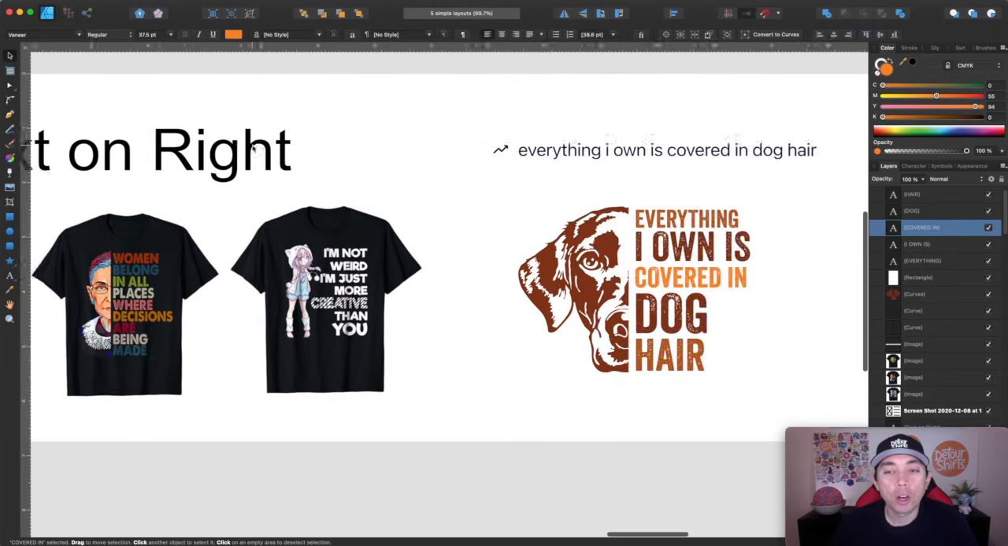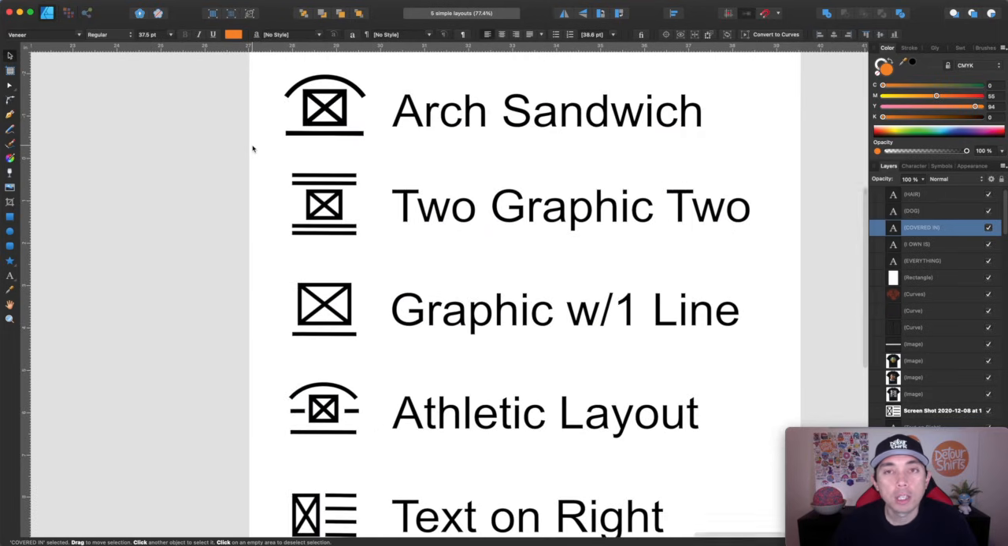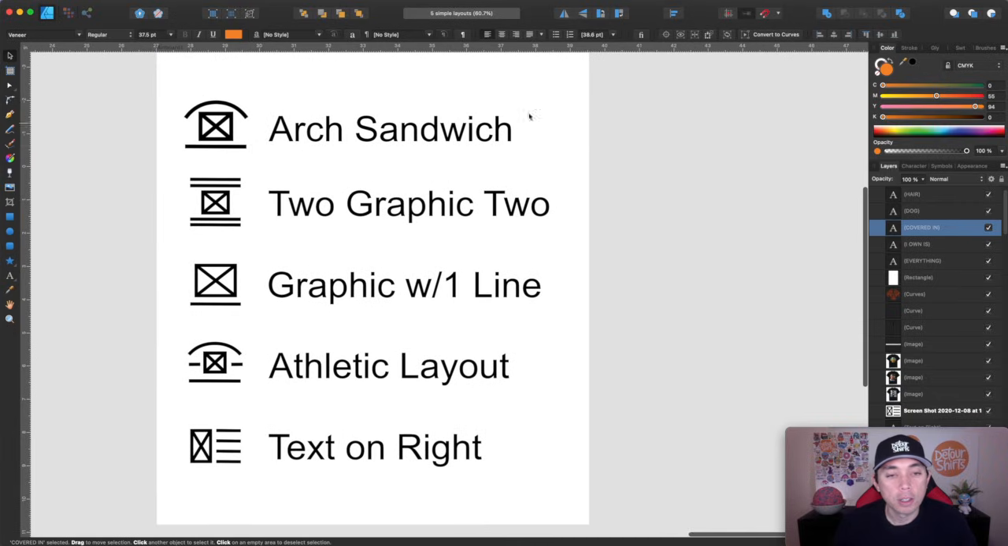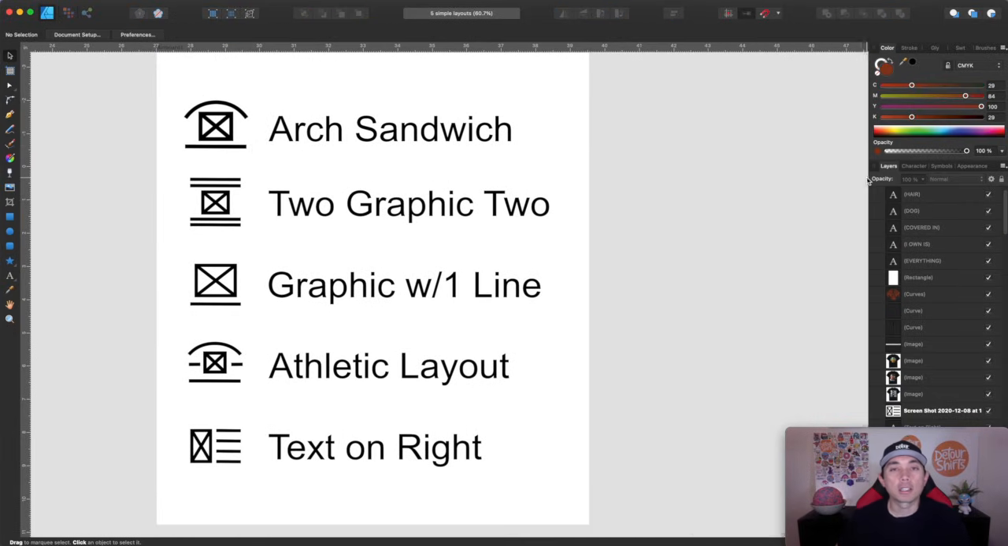So let me show you all the trends. A recap. Here's where you can do your snapshot. Let me get the right picture here. Okay, there you go. Take a snapshot of this one right there. Remember, arc sandwich, 2 graphic, 2 graphic with 1 line, athletic layout, text on the right. These layouts work. You've seen examples of it. If you can master these 5 layouts, you can use them over and over again and start making some sales